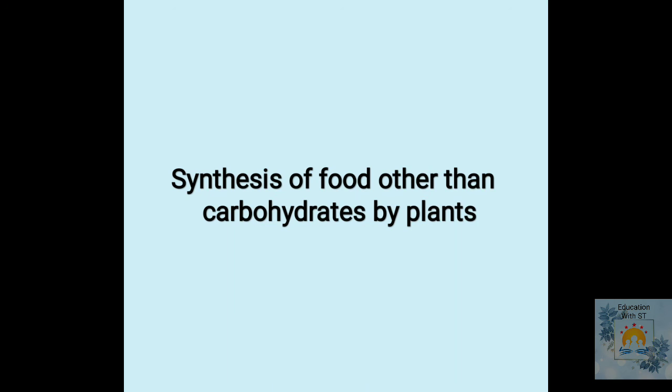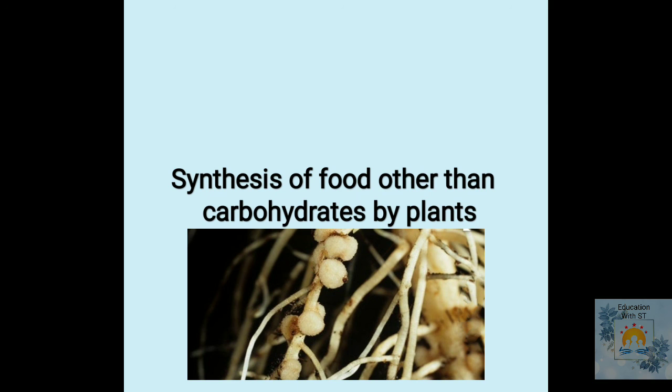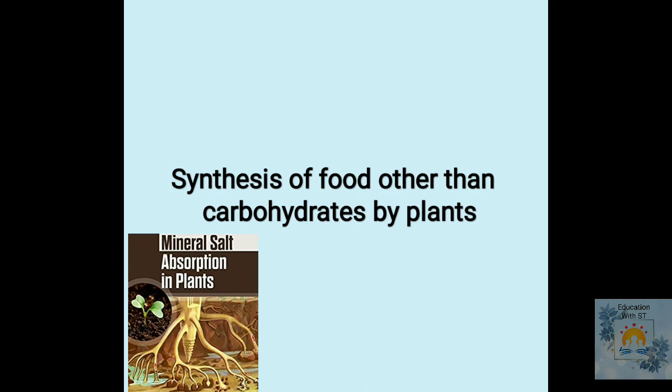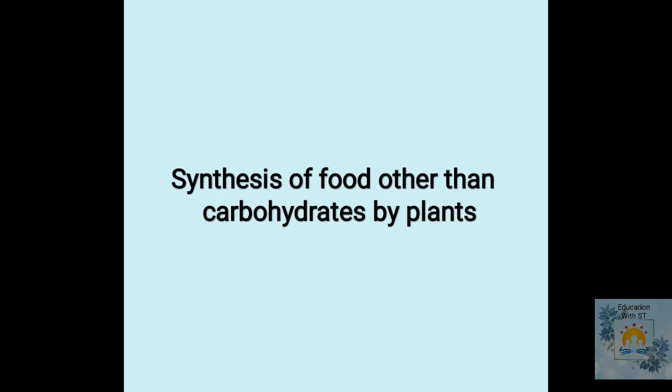The atmospheric nitrogen cannot be utilized by the plants. However, certain bacteria such as symbiotic bacteria present in the root nodules of the leguminous plants can convert atmospheric nitrogen into soluble salts of nitrogen, for example nitrates. These salts being soluble are absorbed by the plants through their root system. In this way, plants get nitrogen to prepare proteins needed for growth and for animals deriving their food from plants.